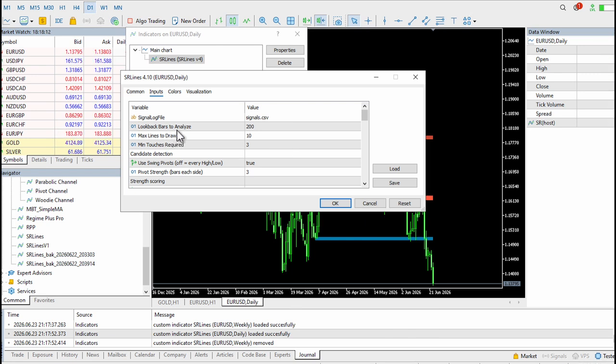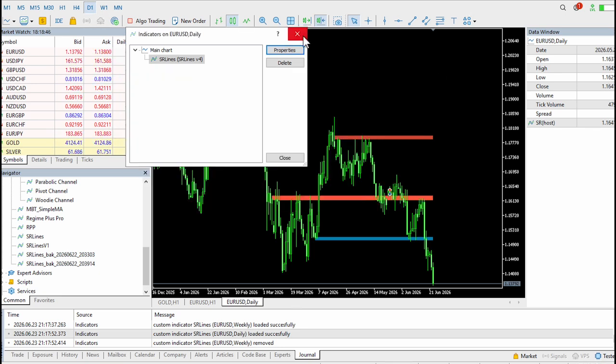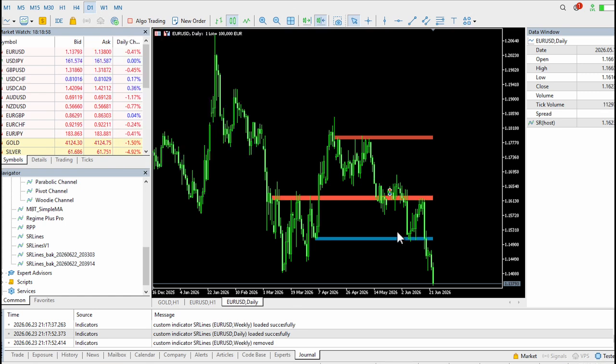parameters here. The look back is the number of candles you can choose from the chart. For example, you can say I want to draw the support and resistance for the past 200 candles. We have lots of other parameters here that we have a document for, and I'll cover that in a minute. But before that, one thing that is important about this indicator is that the ones that are stronger are